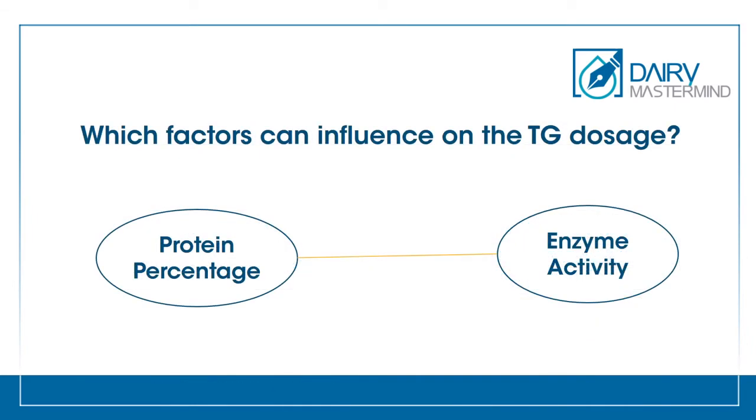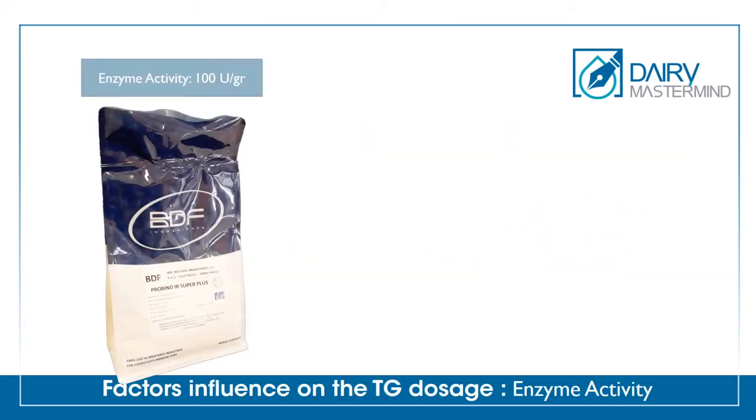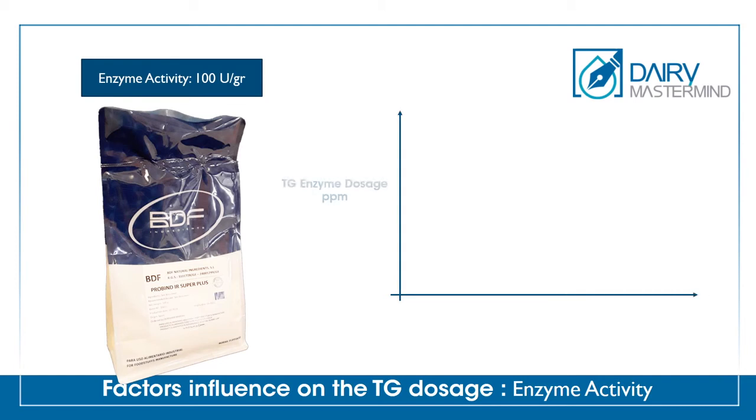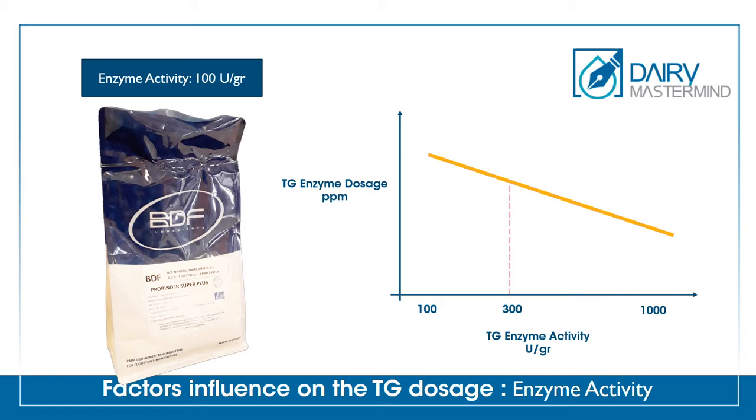Number 2. The enzyme activity. There are currently TG enzyme with different activity in the market. For example, 100, 300 and 1000 units per gram. The higher the activity of the enzyme, the lower the required dosage. For example, for TG enzyme with activity of 300 units per gram, about 50 ppm is used when the protein